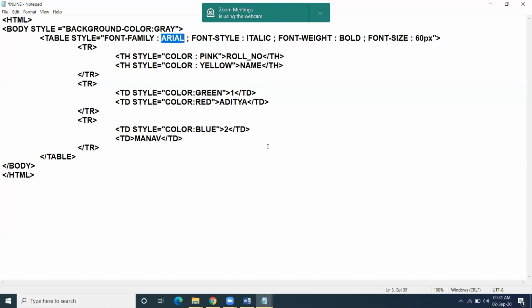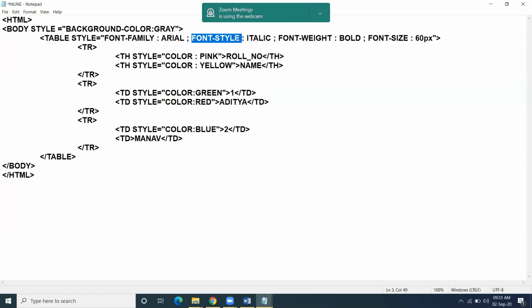Now you want to present your data in italic way. In HTML you used to write this tag, I tag. In HTML, I tag represents italic. How to give in CSS? Font hyphen style.